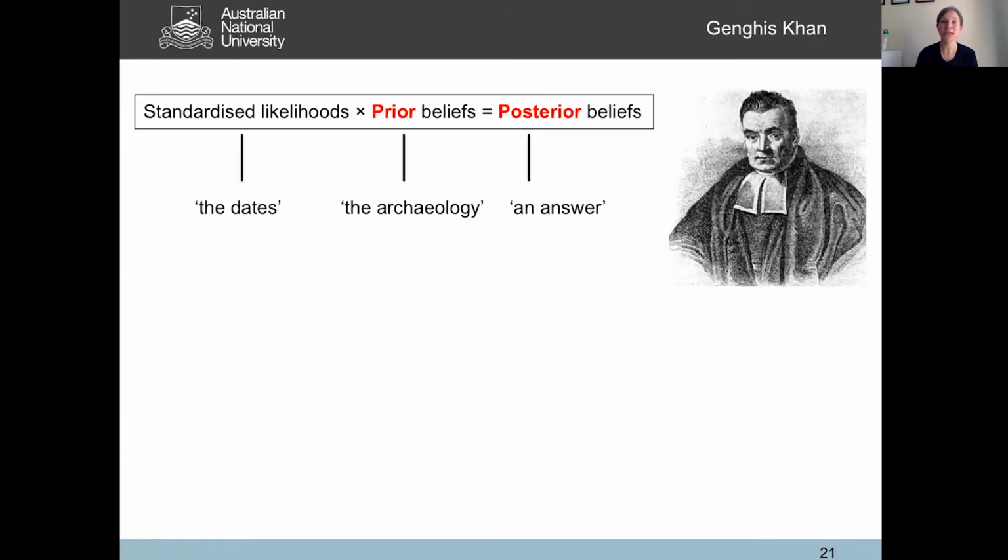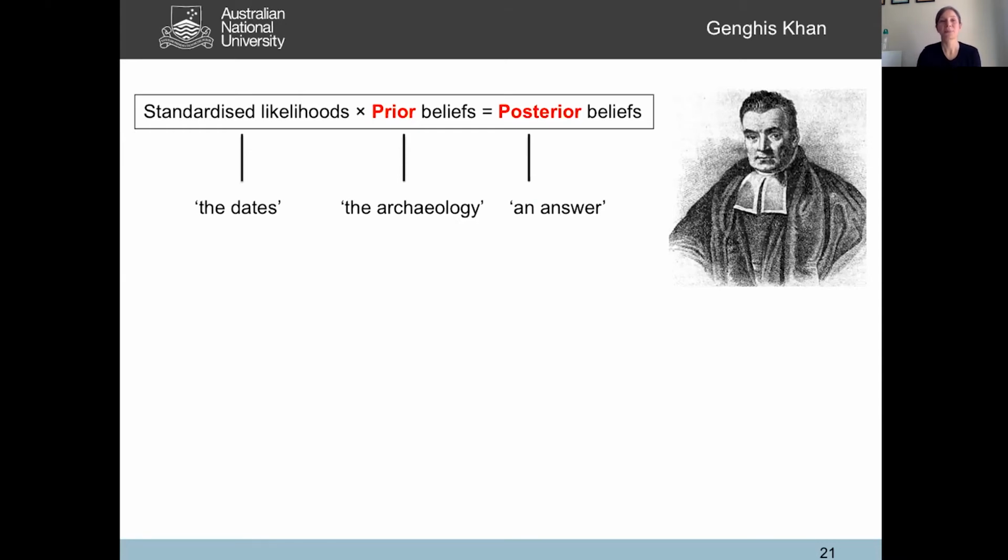So what we do is we use a type of statistics called Bayesian statistics. I'm not going to go into it in any kind of detail, don't worry. But I just want you to realize that it's a completely different kind of statistics to the classical statistics that you're probably used to. So things like your average and your standard deviation are what we call classical statistics. Bayesian statistics are very, very different because they allow you to incorporate your prior beliefs. So what do we already know about the chronology of a site